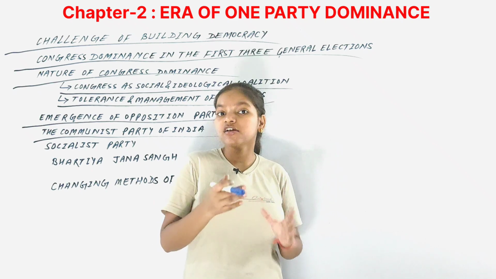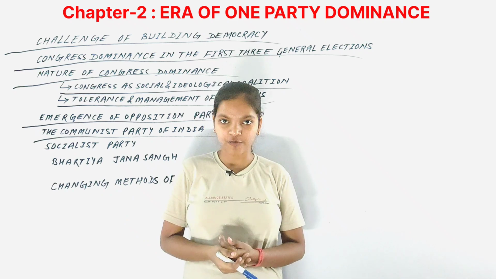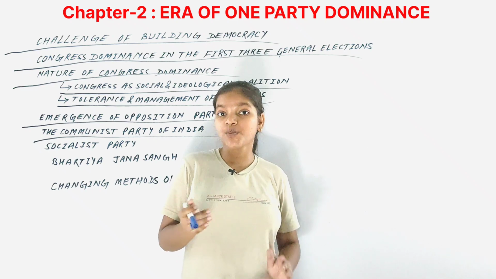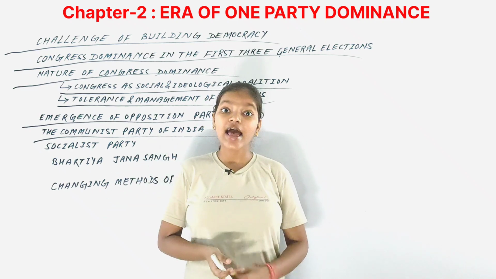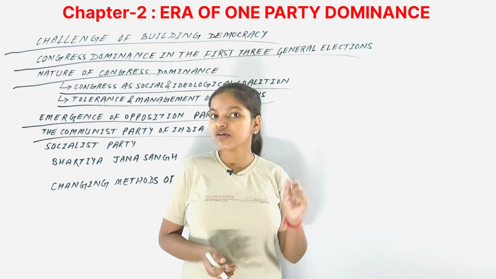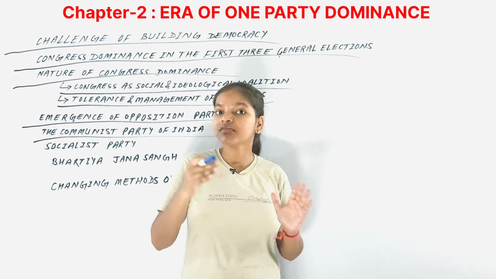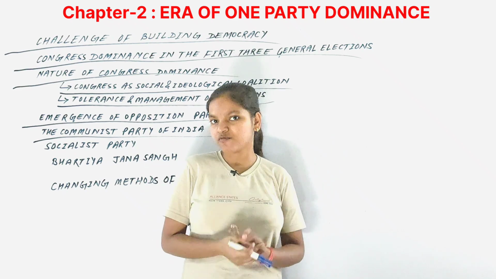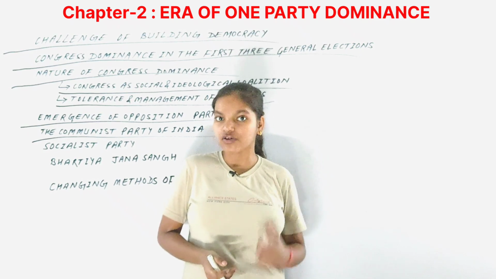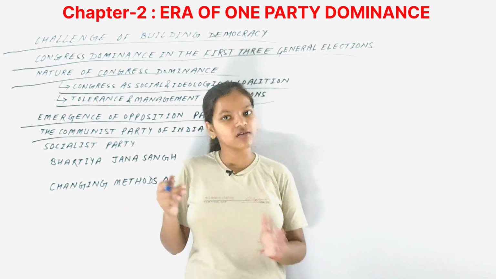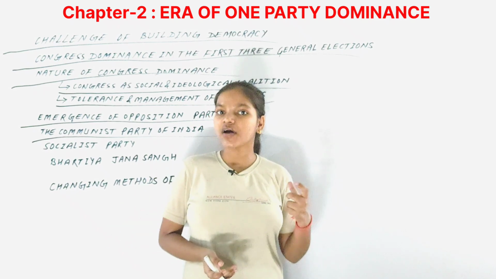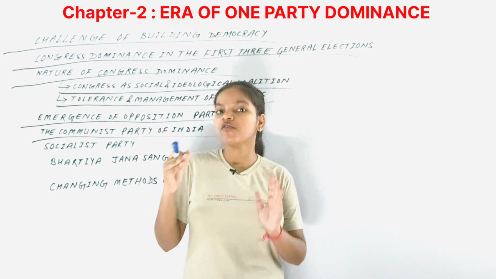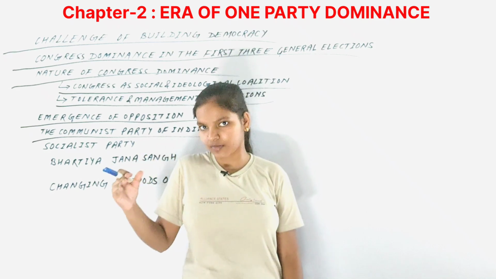After that, it had not gotten so much popular support of the people, and that is why in 1951 it decided to participate in the general elections of the country, and it became the first Communist Party in the world to form the government through democratic elections. As we have already seen, in 1957, in the second general elections of the country, in Kerala State Assembly, it formed the government. So we can say that the Communist Party of India became the first ever communist party to form the government through a democratic method.